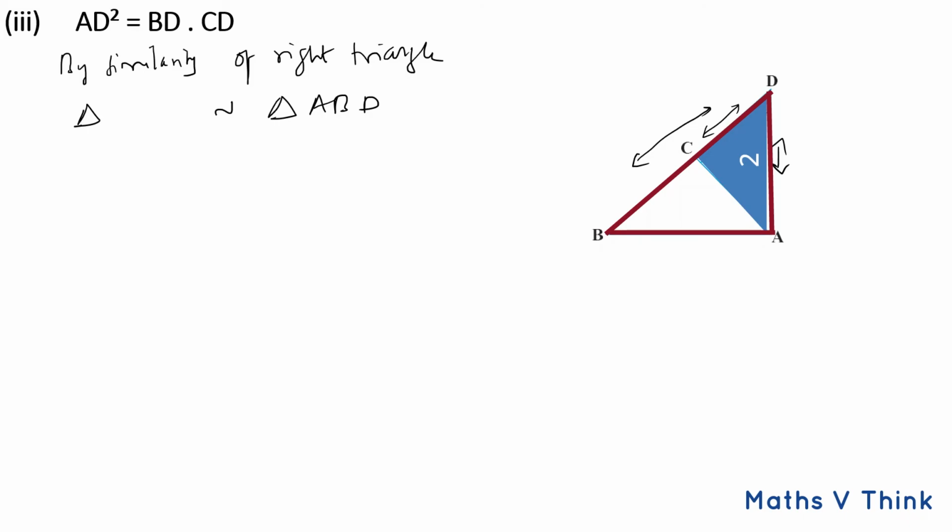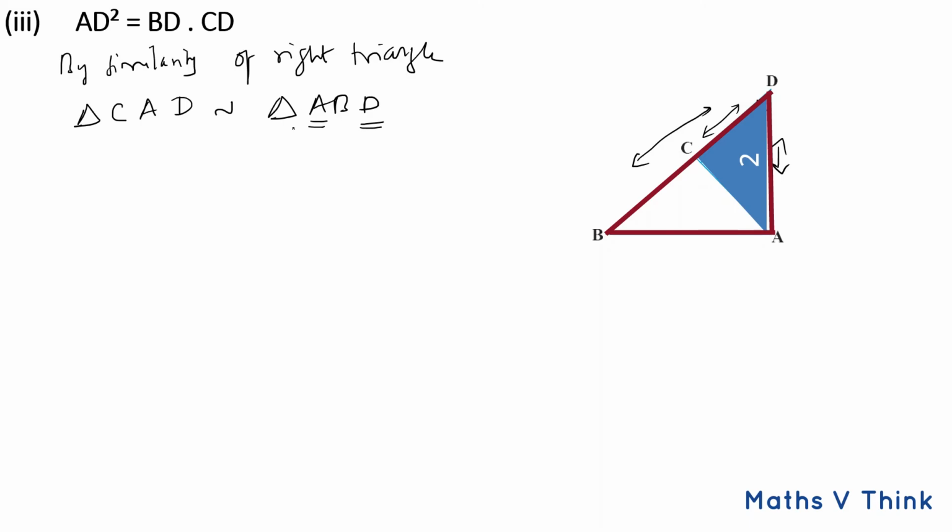When you compare the second and the whole triangle, can I tell angle D is common? So in place of D, write D, and in the whole triangle we know angle A is 90 degree, and in the second triangle angle C is 90 degree. So in place of A, write C, and the remaining is A. So triangle CAD is similar to triangle ABD. So we proved these two triangles are similar.